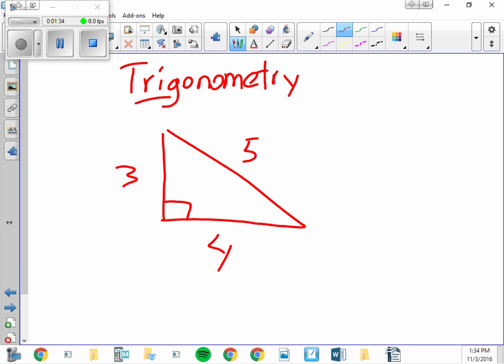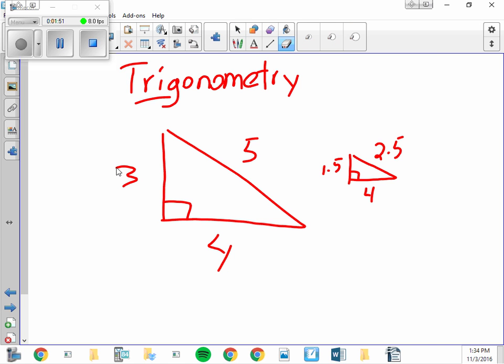Now, if we had a triangle that was half as big, it would be 1.5, 4, and 2.5. If we had a triangle that was twice as big, and I can't really draw it to scale, or sorry,